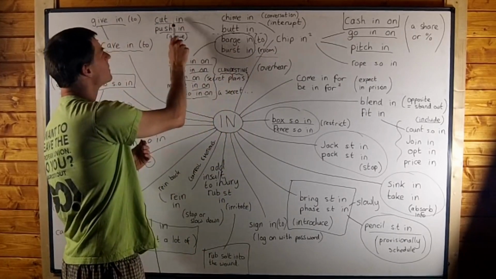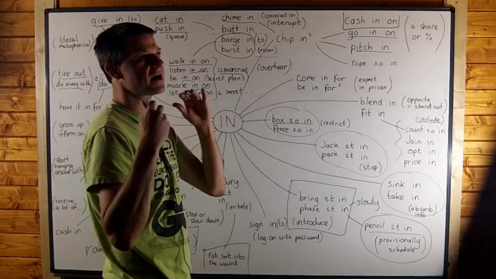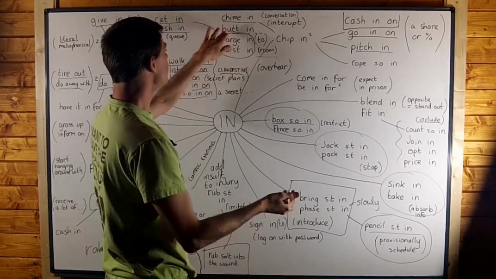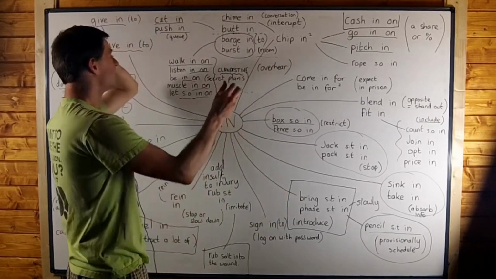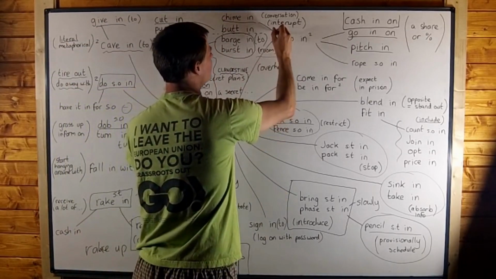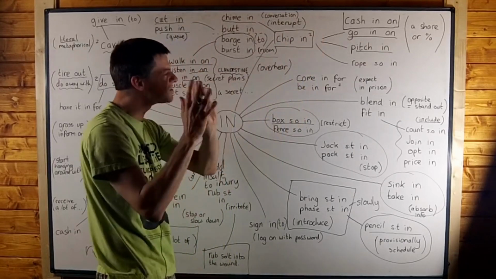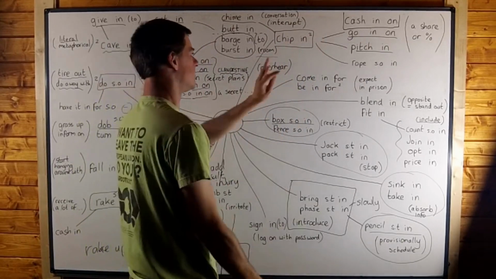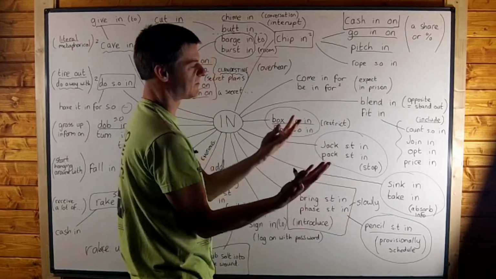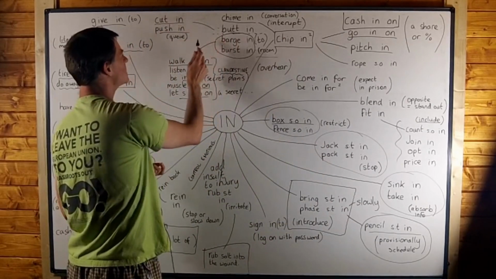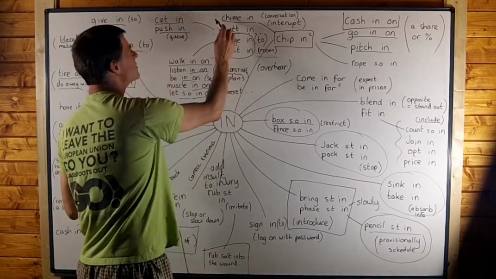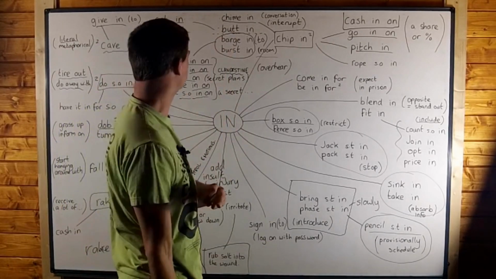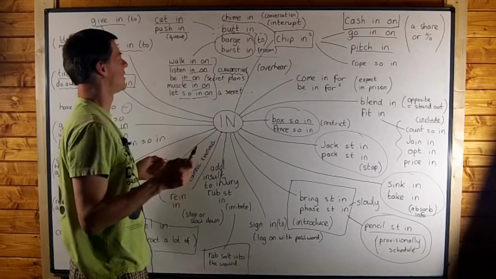And then I thought about cut in, because if somebody cuts in, that means that they butt in. They chime in, they chip in. I mean, chip in doesn't sound like so much of an interruption, and that's one of the nuances here with the phrasal verbs. It just sounds like they add something to the conversation, but butt in and cut in certainly sound like they interrupt. Chime in could be an interruption as well. It's more neutral, I think.